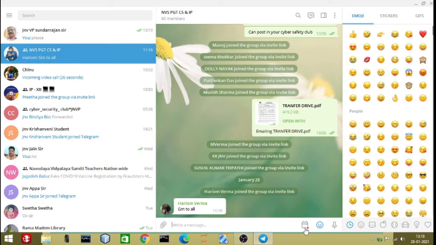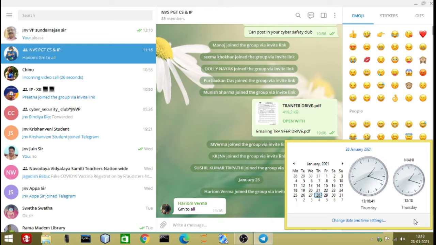Here you can see an option appeared which was not there earlier. Now we'll wait for some time to check whether the message is going to be posted at the scheduled time or not. You can see there are still some 15 seconds, so we'll wait up to 15 seconds.